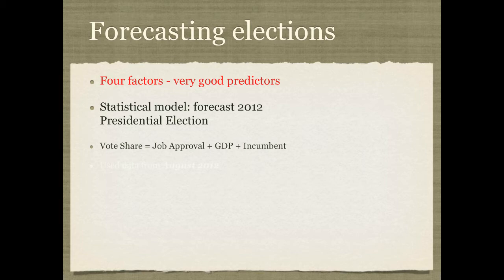Job approval, which is to say the percentage of the public that thought that President Obama was doing a good job. GDP growth in the second quarter. GDP is just a measure of the economy. When GDP has high growth, we say that the economy is good. When GDP is negative, we call that a recession. So it's just a measure of how well the economy is doing. And of course, President Obama was running for re-election, so there was an incumbent in the election,